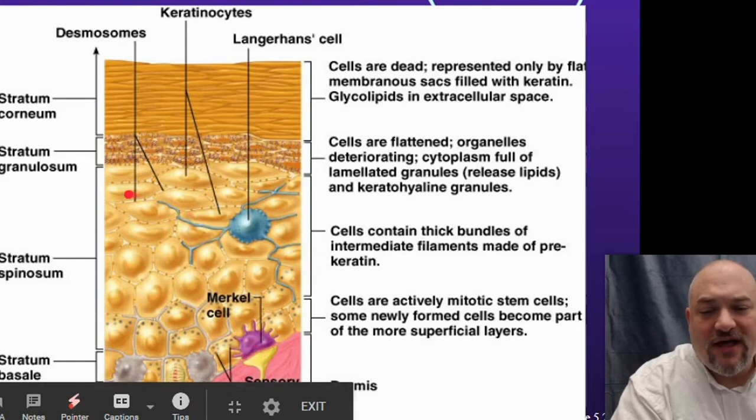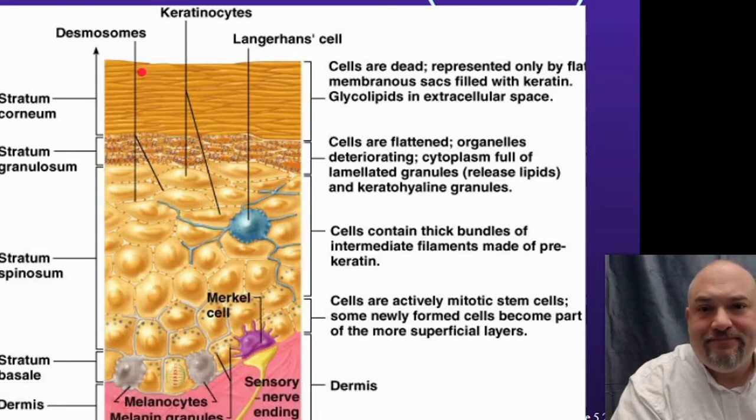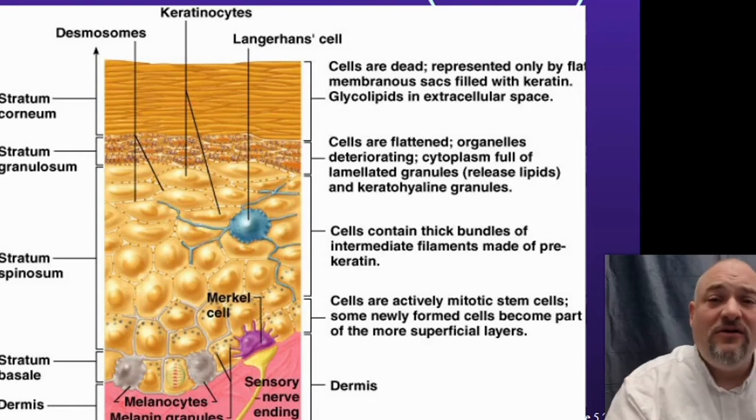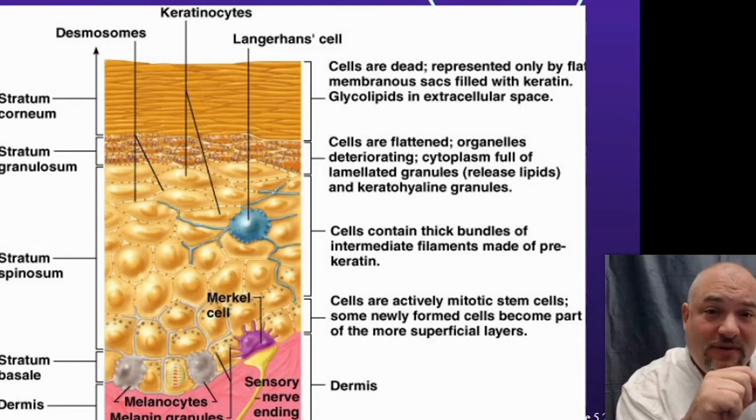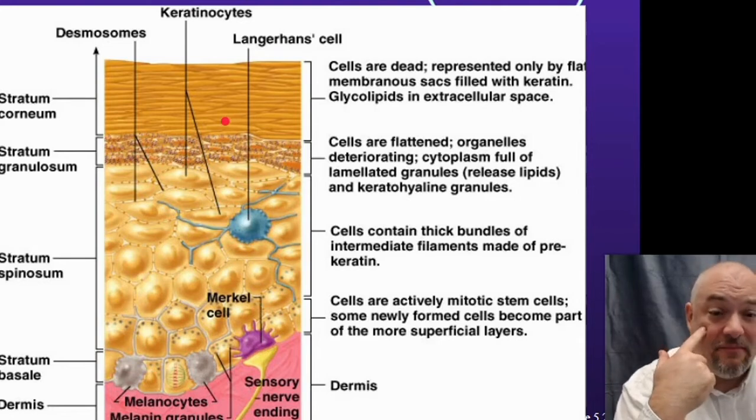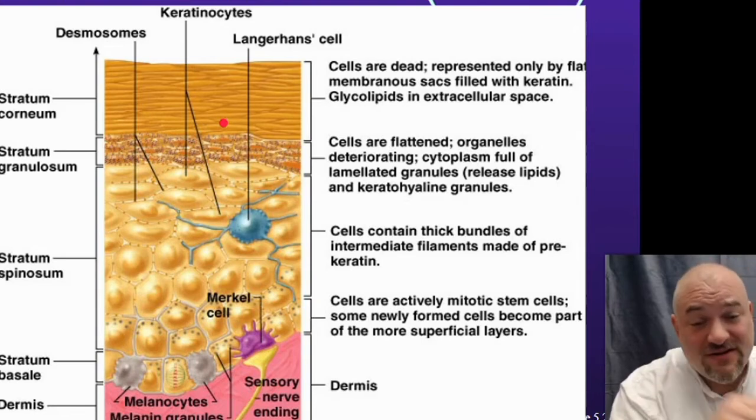Their metabolism starts to slow down. They're making less and less materials, and by the time you get up here, they're dead. They're just layers of dead cells full of the protein keratin, which makes them kind of a sacrificial layer. You can scrape them off and lose them all day long, and it's not going to hurt you at all. Okay, so really, when you're looking at somebody, if you got your brother, your sister, your parents around and you take a look at them, what you're looking at right now here, guys, this is all dead. The outer surface of our bodies is dead. It's kind of like looking at a zombie. You don't have to go very deep to find the living tissue, but the stuff on the surface is dead